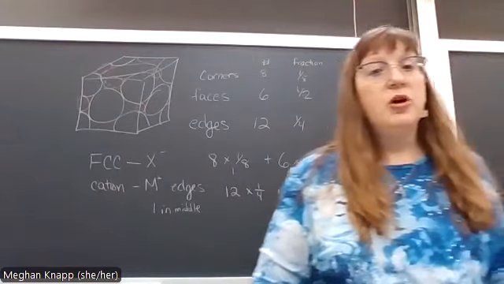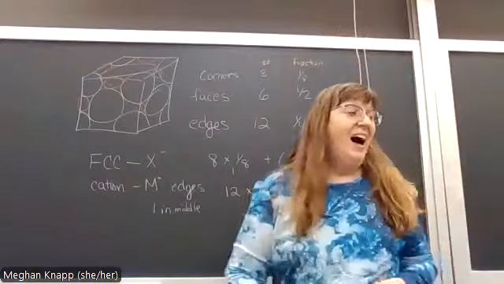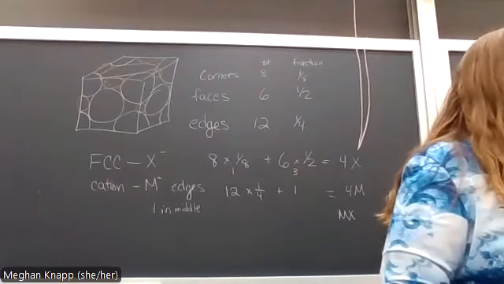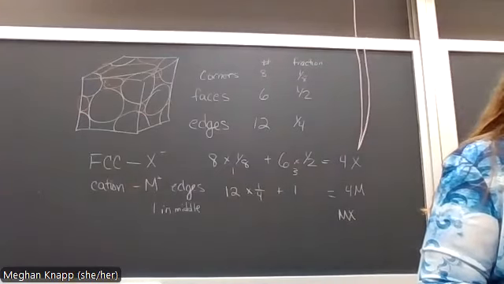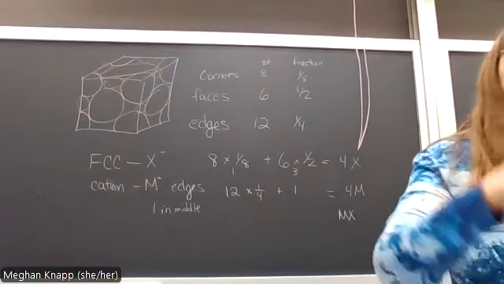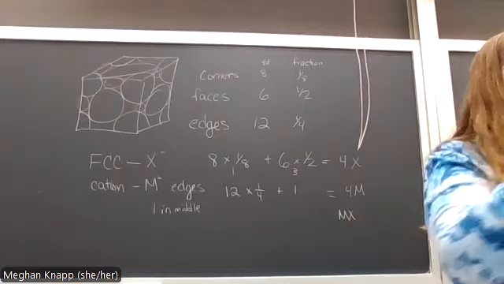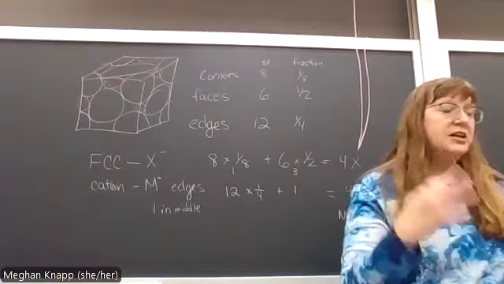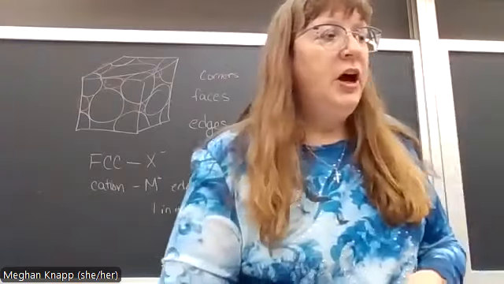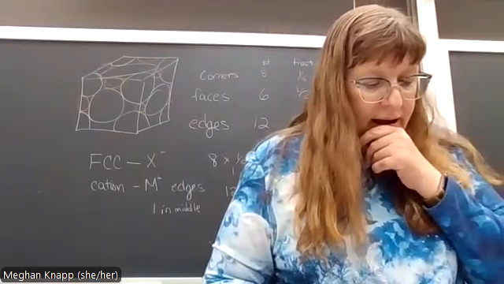So the sodium chloride structure can be described this way. I like to call it a three-dimensional checkerboard because it's sodium, chlorine, and then in this direction it's sodium, chlorine, and going backwards it's sodium, chlorine. So it's like a checkerboard, no matter which way you look at it. Okay, so let's try